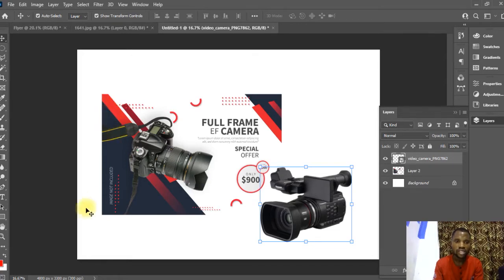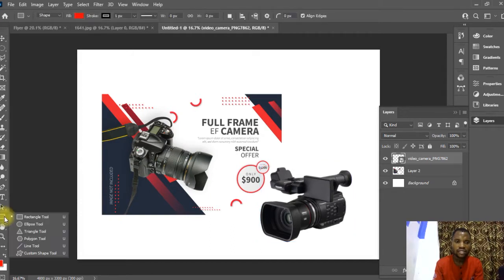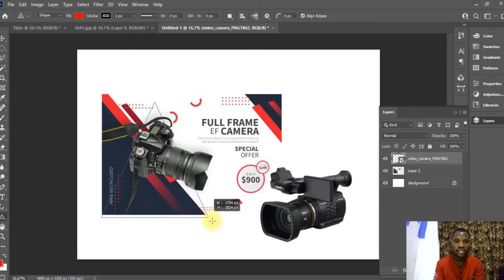Let's try to draw the shape here. In this case, we can use the triangle tool because you could see a kind of triangle here. So select the triangle tool. If you don't have a triangle tool in your Photoshop, you will try something else. So just apply the triangle tool, draw it like this,